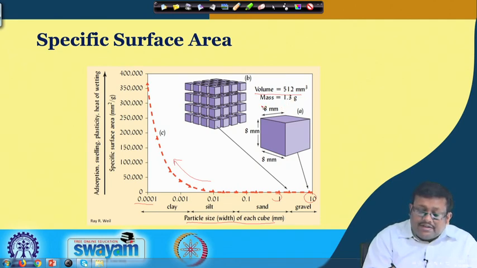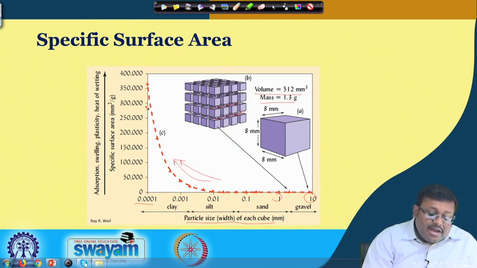However, and if it has mass of 1.3 gram. Now, once we break down this big cube into individual very small cubes, ultimately you will see the total surface or specific surface area is increased, because the internal surface area will also be available. So, these will add up to the specific surface area, and obviously as you see, as we are going from higher particles to the lower size particles, there is an almost exponential increase in